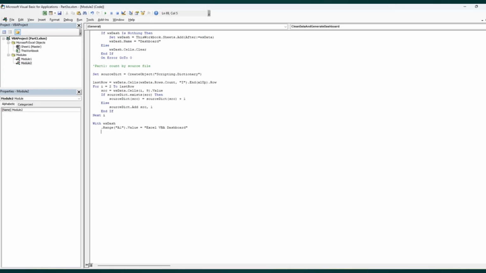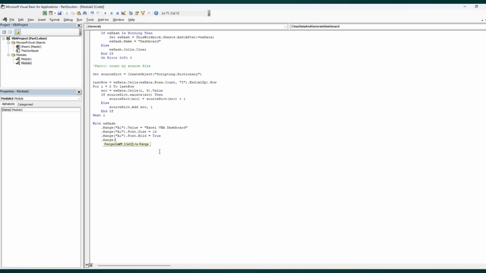That's the name of our dashboard. And then .Range("A1").Font.Size = 16 and .Range("A1").Font.Bold = True. So you see what I'm doing here, we're using the wsDash. Instead of writing it all the time, we're just referencing it with